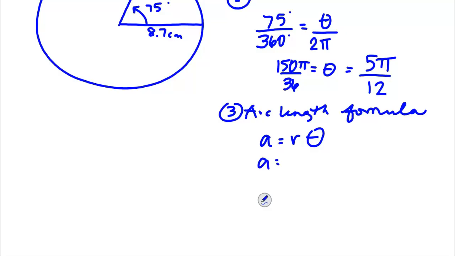And so we can plug that in. We know that the radius is 8.7 centimeters. Of course, our answer will be in centimeters. And then the central angle was 5 pi over 12. Again, that's unitless. So you can see how our answer will be in centimeters. You multiply that out, you use your calculator, and the arc length for this circle with that radius will be